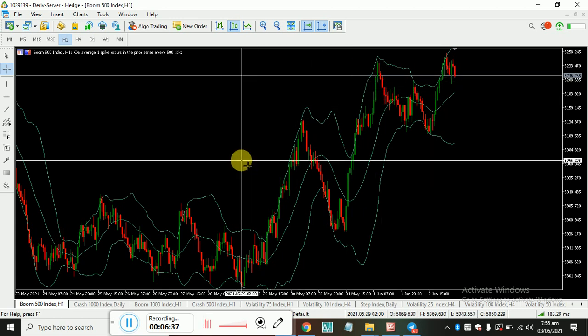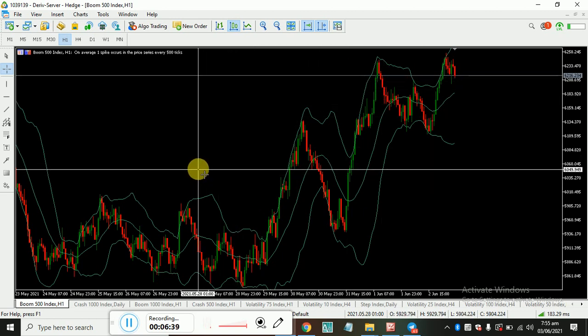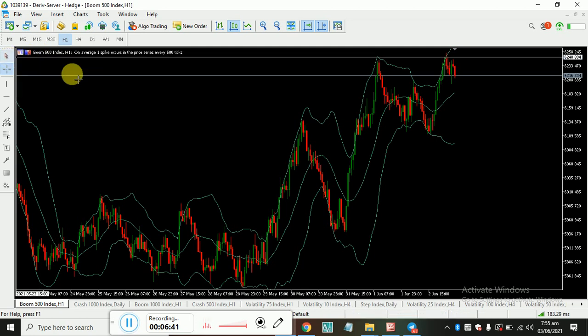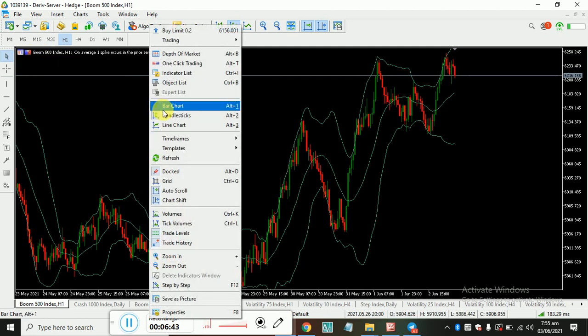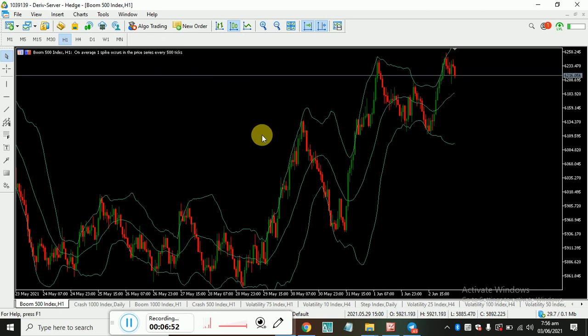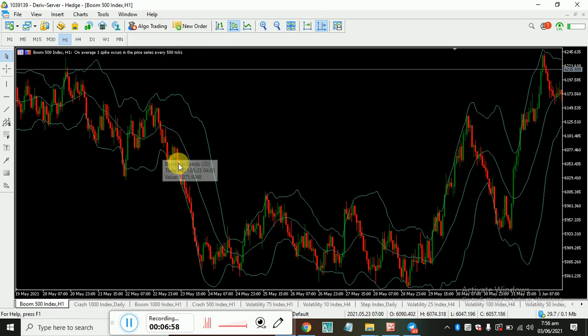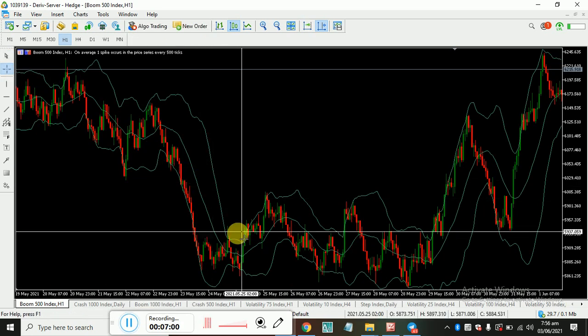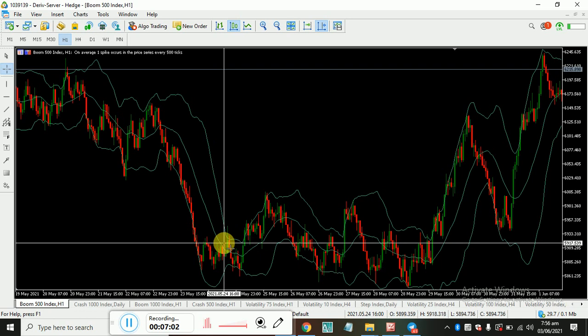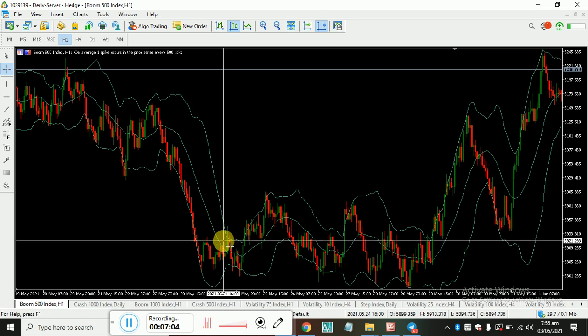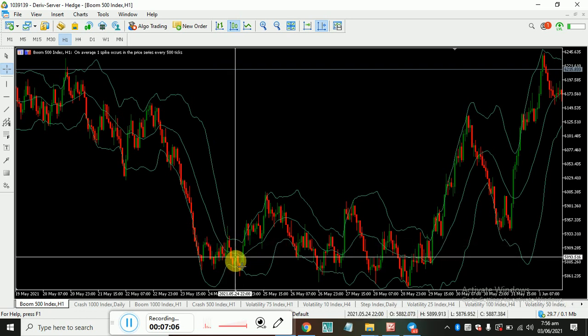Whenever the market is quiet, the bands tend to contract, and then the bands expand. Let me show you what I'm saying. Look at this for instance. Somewhere here the market is quiet, and when I say the market contracts, it means the Bollinger Bands are very